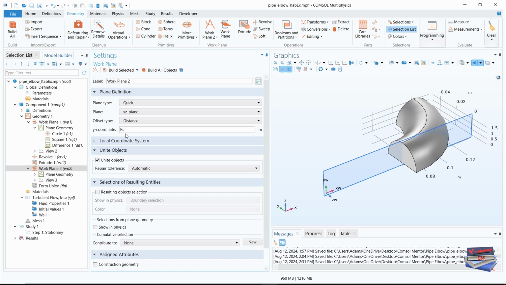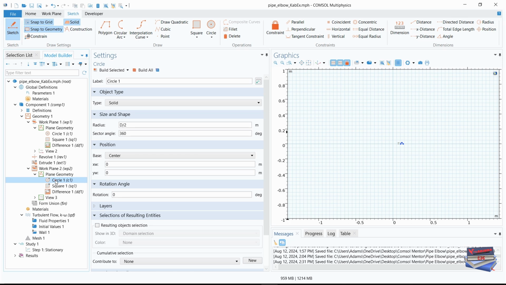In the model builder window, we already expanded our work plane 2, so let's go down to the plane geometry. Let's expand that. Let's click on circle 1, and in the settings for circle 1 on work plane 2, we now need to go down to the position, and for the XW we need to enter our length in plus our coil radius, which is RC. Okay,